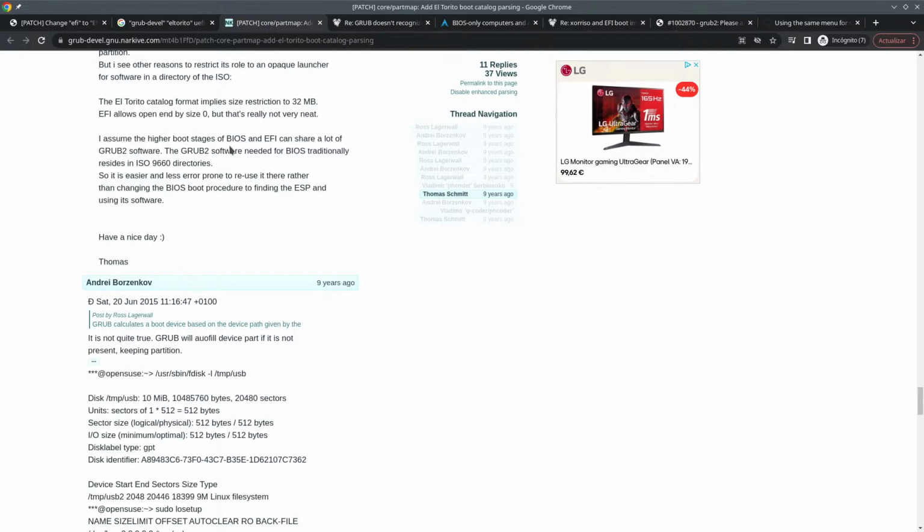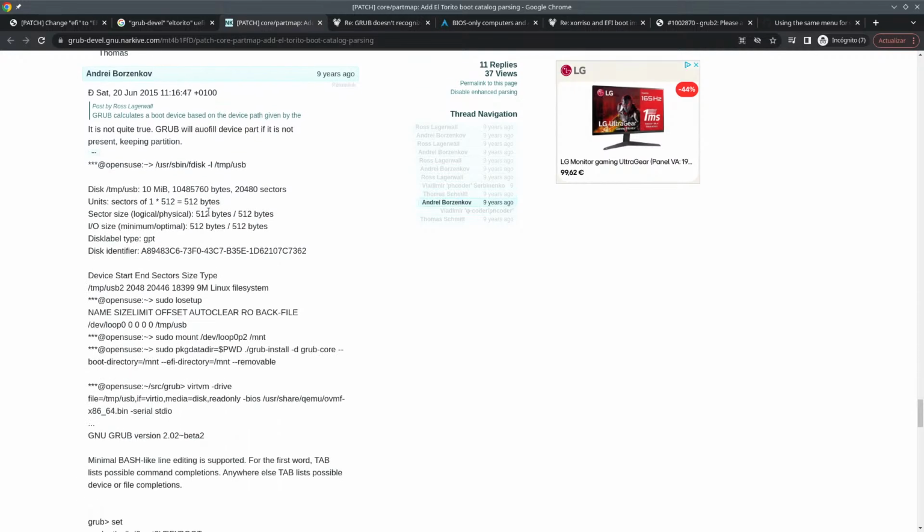I assume the higher boot stages of BIOS and UEFI can share a lot of GRUB 2 software. The GRUB 2 software needed for BIOS traditionally resides in the ISO directories, so it's easier and less error-prone to reuse it rather than have the BIOS find the ESP and use its software. Okay, let's